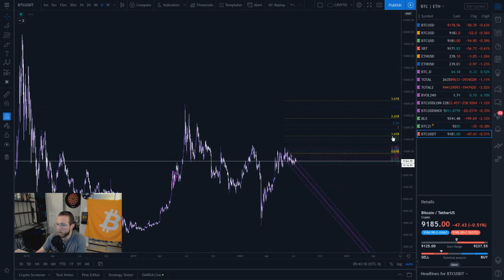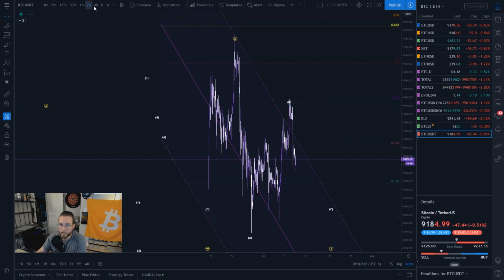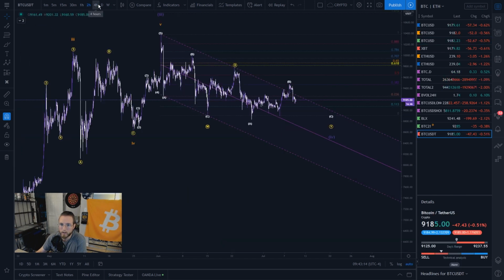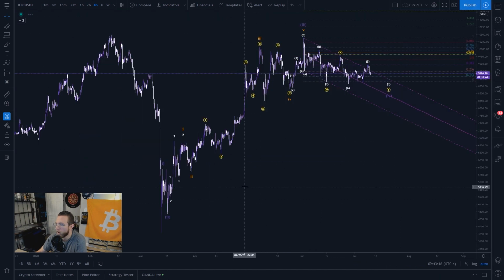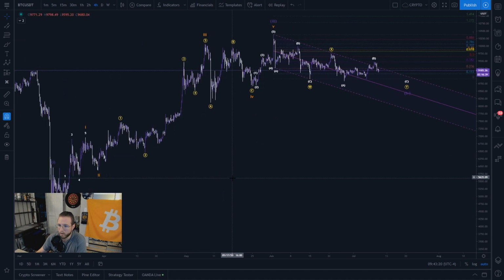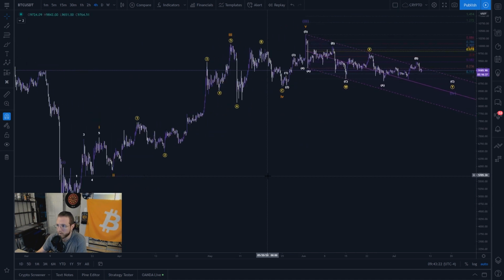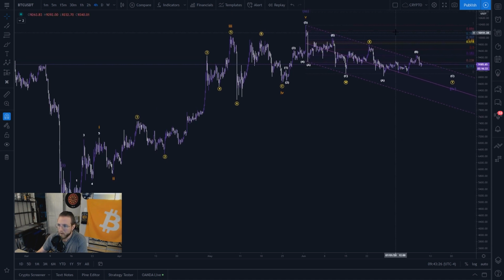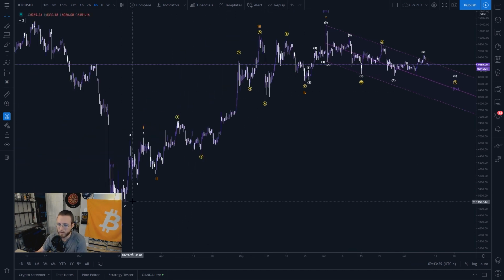On my other count, I think it's down here. Yeah, let's look at the 4-hour chart. All right, so there's a lot of disputes, and I just changed this count. There's only a couple other people that I've seen on Twitter that have a similar count to this, and I want to go over just a couple things here. So this entire first structure here is a real pain to deal with. This is the best count that I could come up with for this.